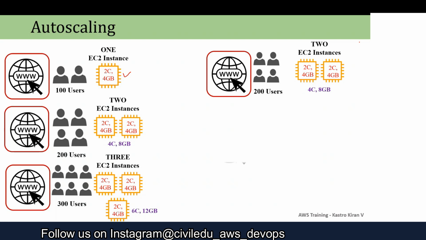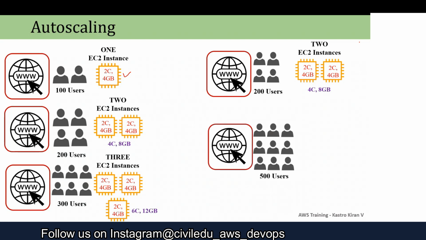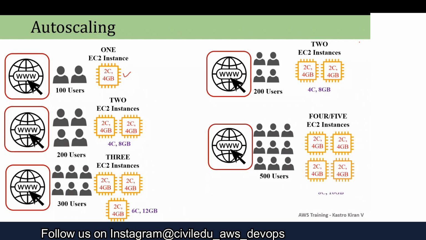Now in the 5th month, for the same website, the traffic has again increased. Now what do you have to do? Again, you have to buy additional servers. Let's say 4 or 5 servers you have to buy. Now, will you be able to buy that? Yes, you can buy that. But what is the problem? The problem is you can buy that, but you have to spend too much money based on the usage. Now you cannot predict when the number of users will increase, when the number of users will decrease. So since you cannot predict, you cannot simply go and buy the servers, especially the physical servers. So to take care of this problem, AWS has brought